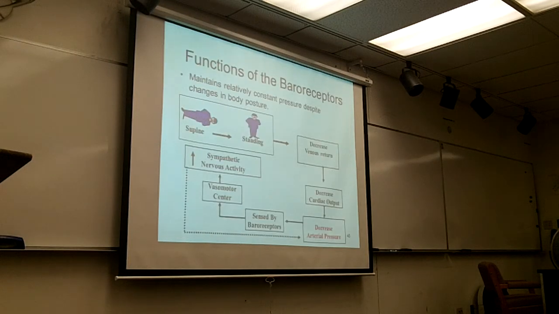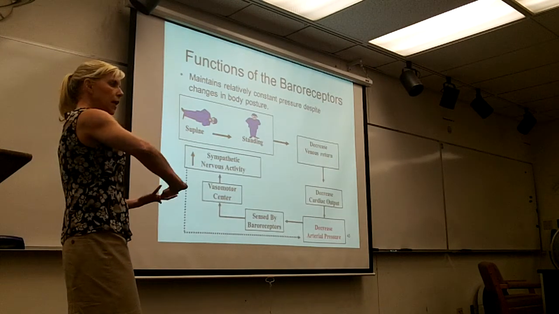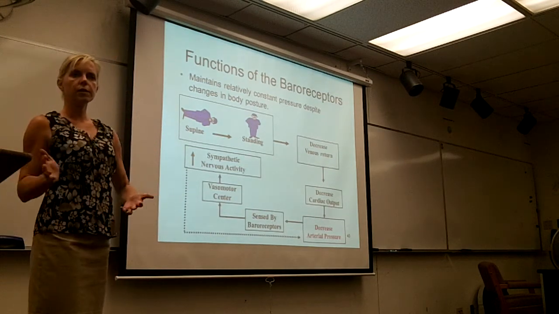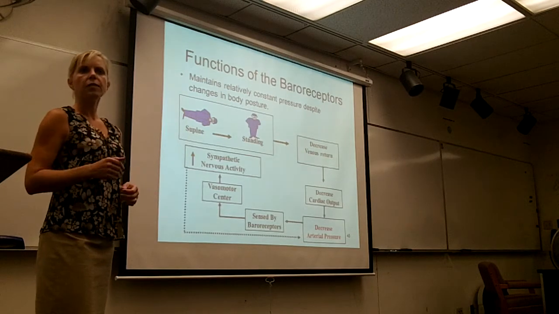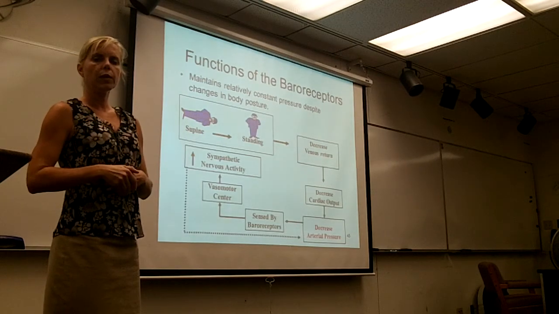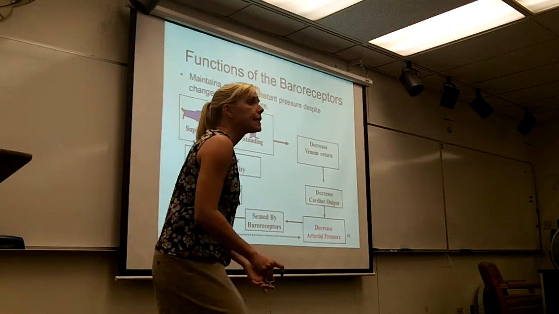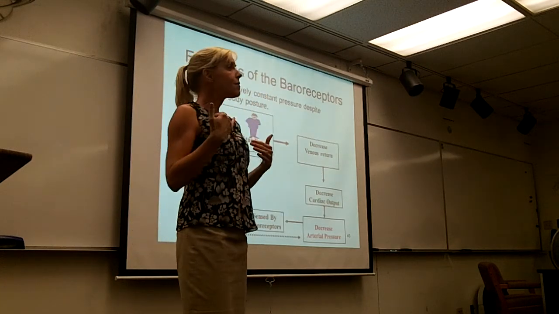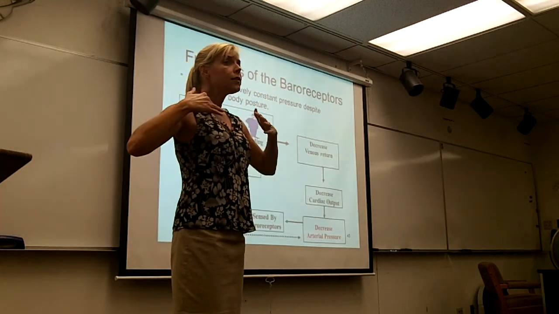All right. Baroreceptors are really important for you in going from a reclined position to a standing or sitting position. They are saving you from fainting and hitting the floor. So as you stand up, about 500 to 700 milliliters of your